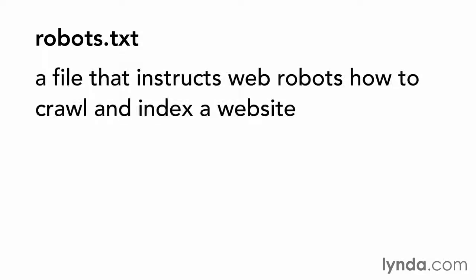Search engines will always try to crawl your links for as much additional content as they can. And while this is generally a good thing, there are plenty of times that you might have pages up that you don't want search engines to find. Think of test pages or members-only areas of your site that you don't want showing up on the search engine results pages. To control how search engines crawl through your website, you can set rules in what's called a robots.txt